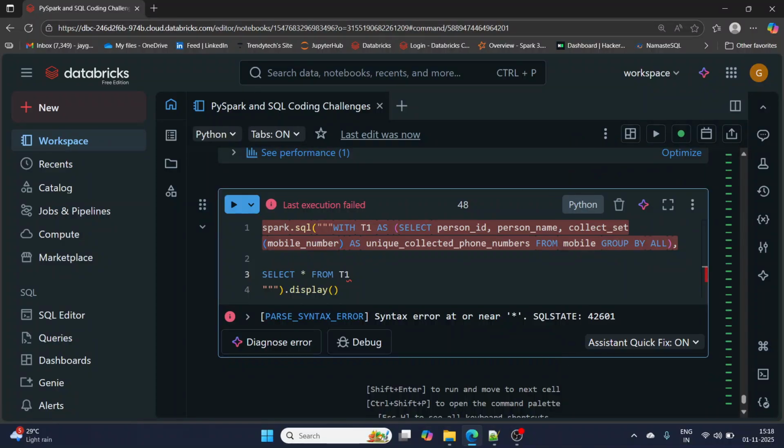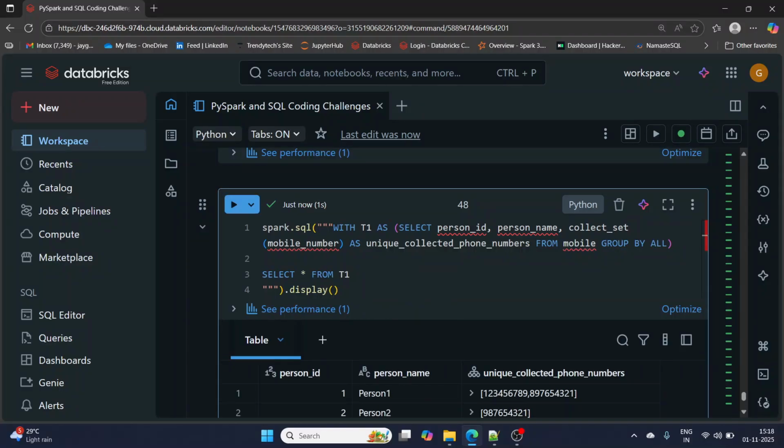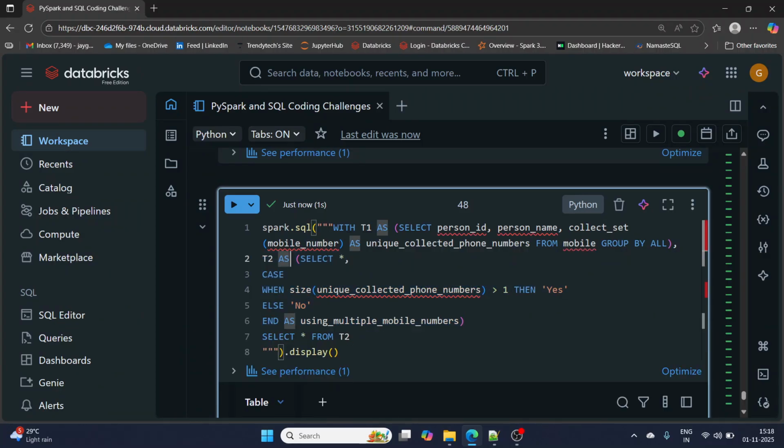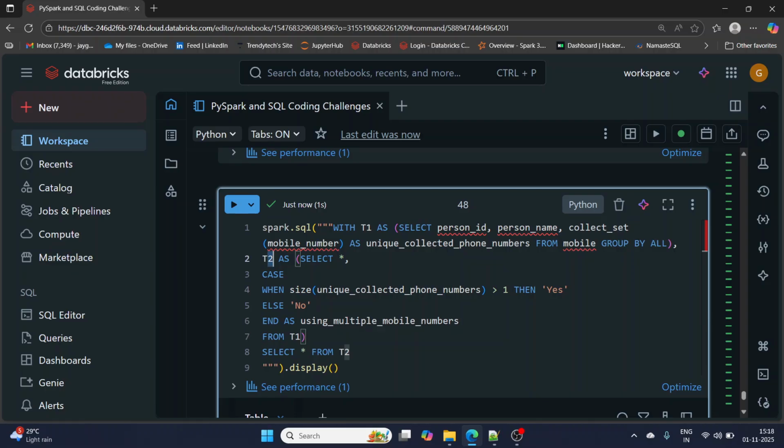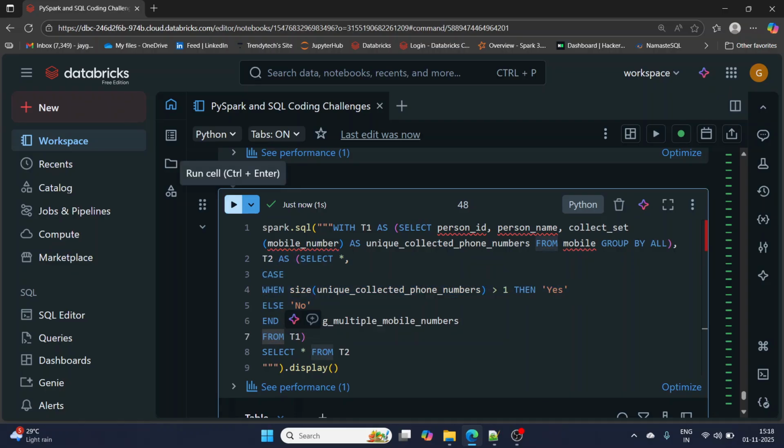Okay, this comma I have to remove. Okay, let's see. Okay, unique collected phone numbers is there. Okay, group by all. And as T2, and as from T1. From where I want? Yeah, from T1 I want it. I forgot. From which table I want all these things? T1. Right. Let's run this.